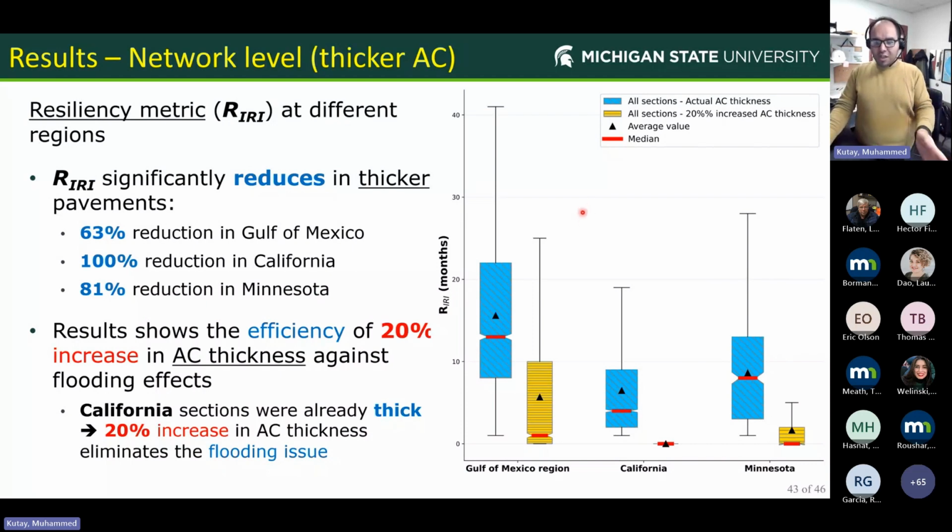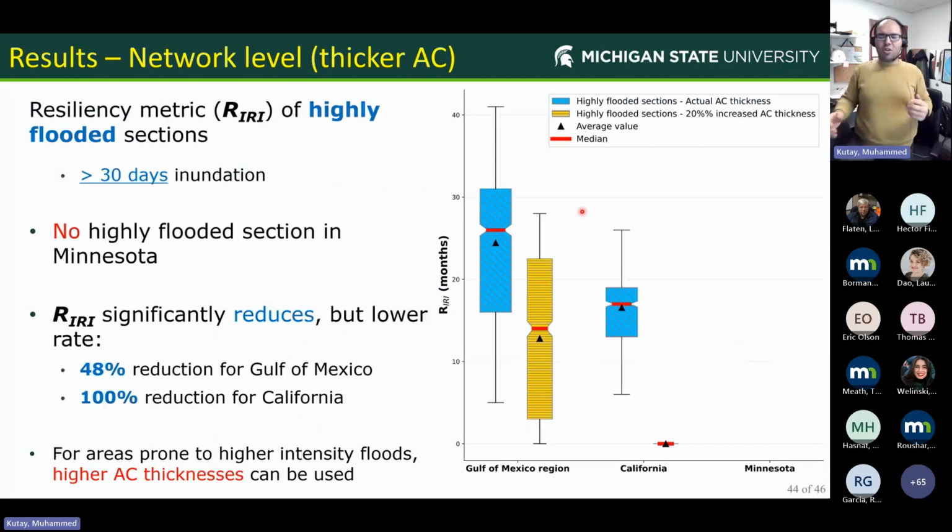This graph is for all sections, so we just regenerate the graph for highly flooded sections. Because we don't have any highly flooded section in Minnesota, we don't have any bar graph here. But you can see, if you have highly flooded sections, although